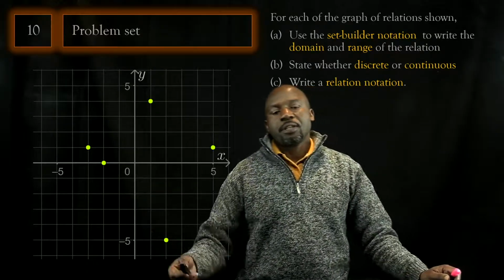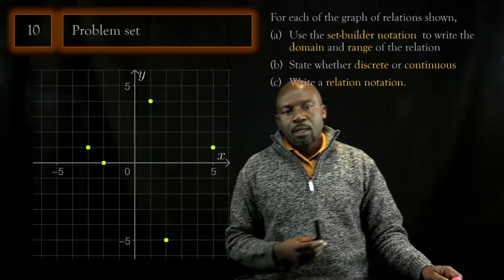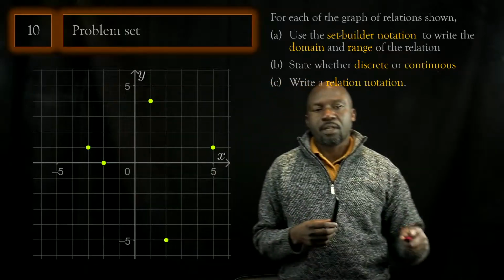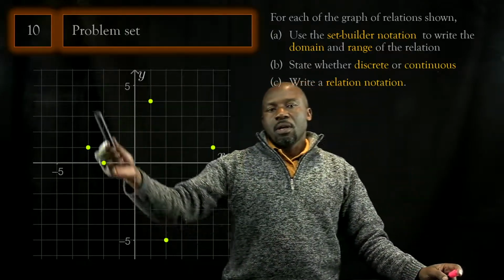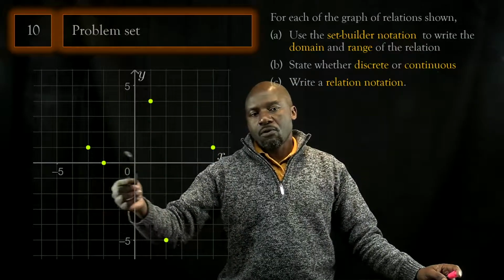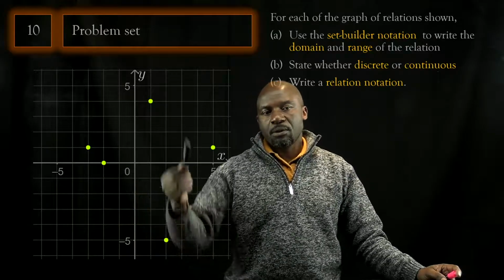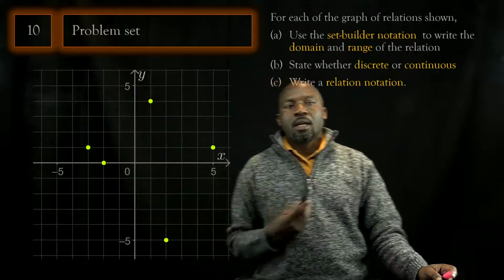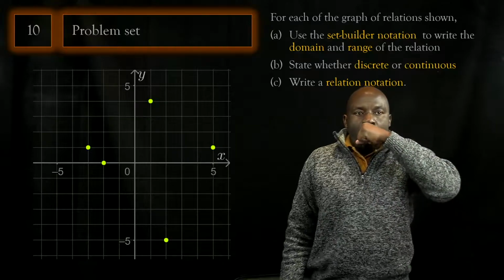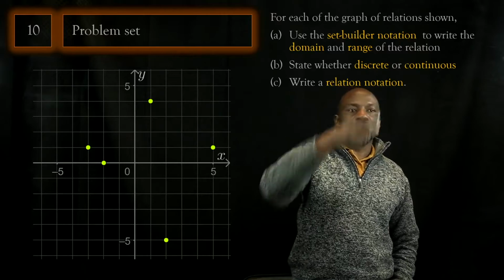Okay, you have different points. You have to look carefully to see. Hopefully you can see the grid. I intentionally made it darker so that it doesn't interfere. There's not too much reflection. So hopefully you can see the grid lines. This is -4, -3, -2, 0, and so on. So with that, can you do a set builder notation? Can you decide whether it is a discrete or a continuous